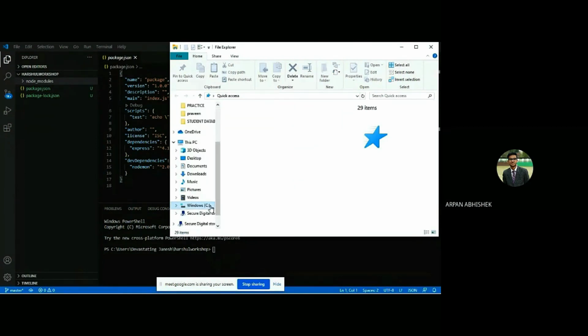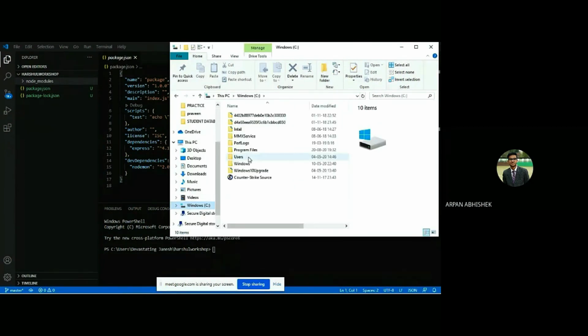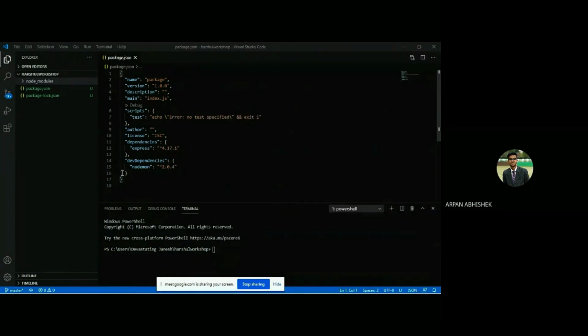Wait, what you can do is go to your VS Code. You see the terminal down there where it's written 1: PowerShell. On the top bar of the terminal, on the right side, there's a drop down.